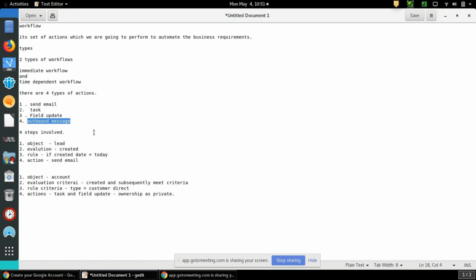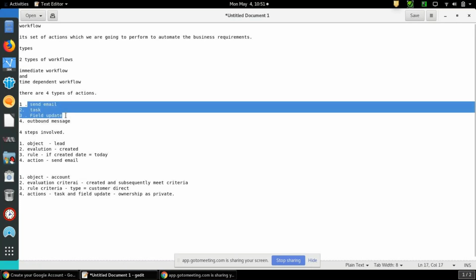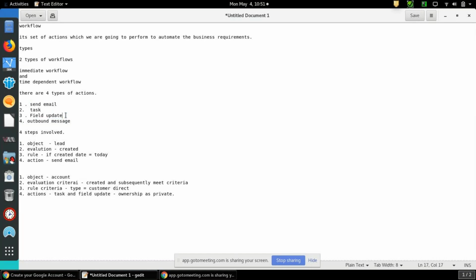If you want to perform some action outside of your organization, that time we'll go for outbound message. In today's session, we'll see the first three examples: how we can send an email if a record gets created, how we can assign a task, and how field update will happen and in which scenario it can happen. Those things we will see.